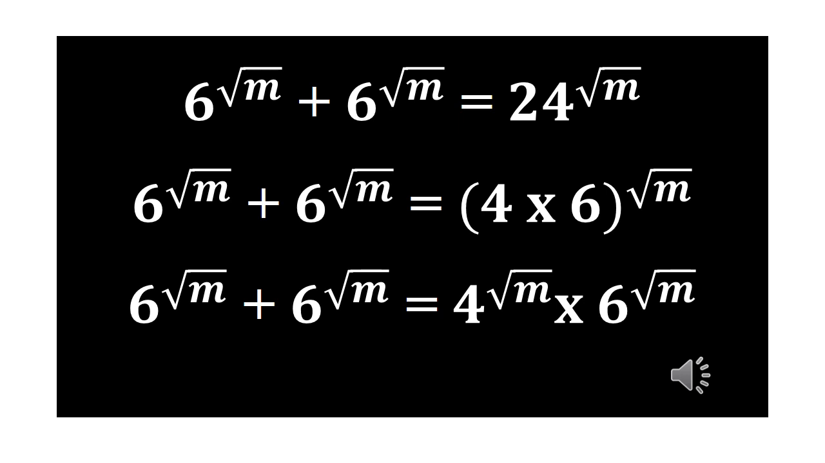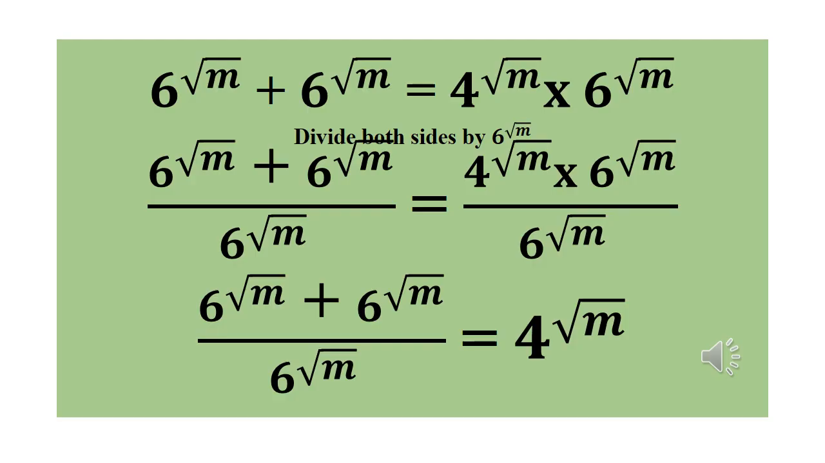Then we have 6 raised to power square root of m plus 6 raised to power square root of m equals 4 raised to power square root of m times 6 raised to power square root of m. That is, we expand the bracket and give the square root of m as power to both 4 and 6. Now it follows that